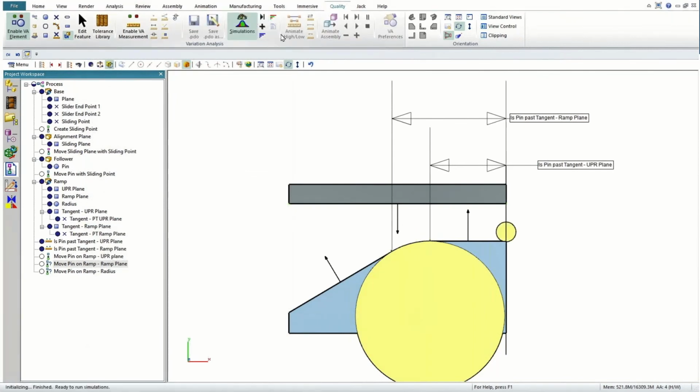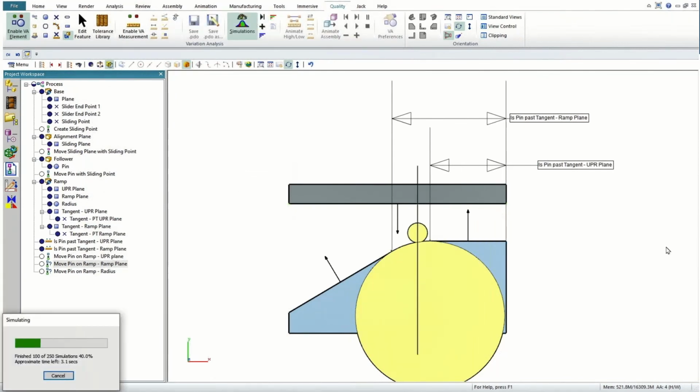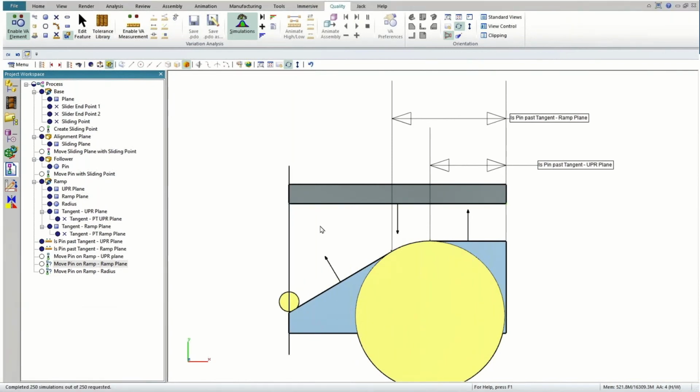So let's watch this. It goes, hits that point, goes down the radius, right on down, exactly what we want. So this conditional logic allows me to change how the assembly logic is going on, which is really cool. All right. So to show this is really working the way I want it to, where it's actually touching these tangents,